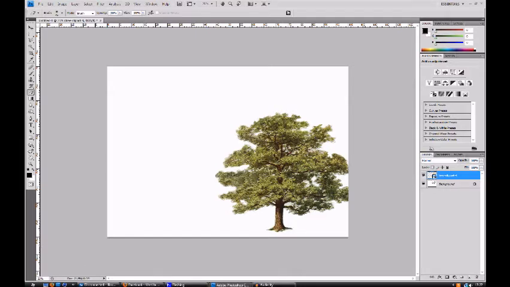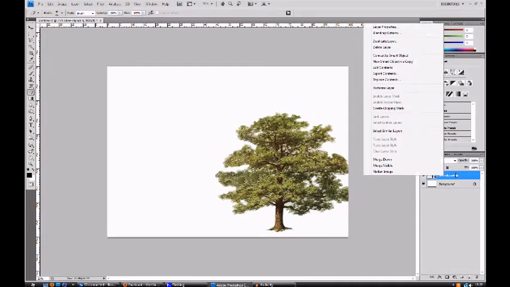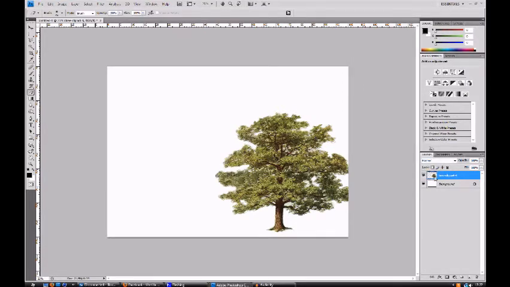Now, you'll notice that this layer isn't actually a layer, it's what's called a smart object, and we'll get onto smart objects in a later tutorial, but we don't like them, not when you're doing stuff like this. So what you want to do is rasterize this layer. So you right click on the layer itself and hit rasterize layer. There we go. So you see the little blue square's gone,